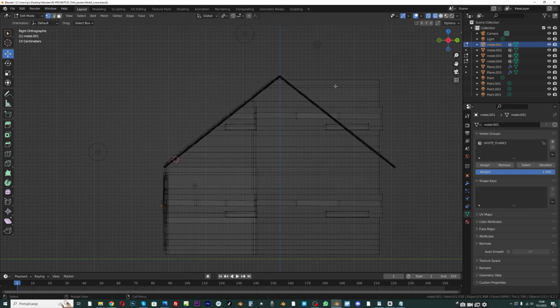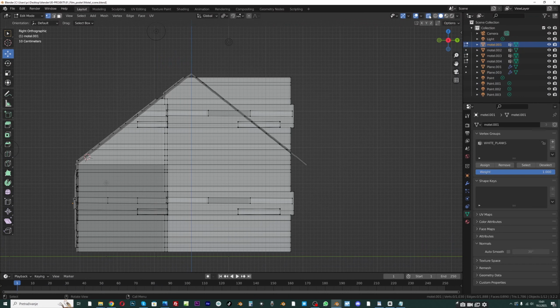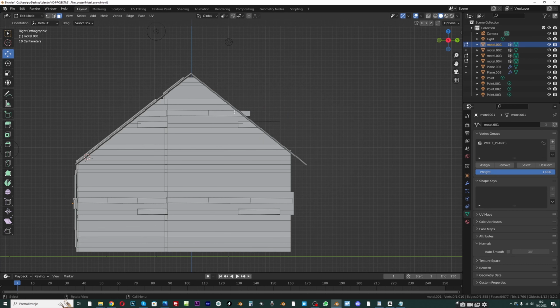delete vertices, and okay, and let's turn off this X-ray mode, and let's see if we can select this right side with this face selection. See, okay, this worked pretty good. Now delete faces,